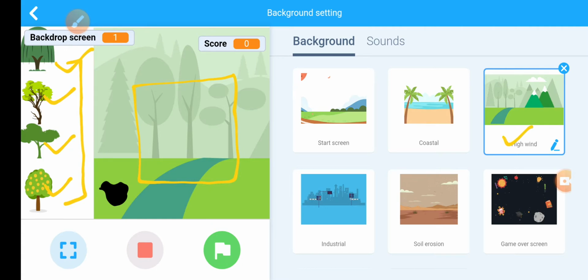I also have the score. As I mentioned in the game rule, when you touch the right tree on the right landscape, the score will increase by +10, and if you place the wrong tree on the wrong landscape, you get -10 score.